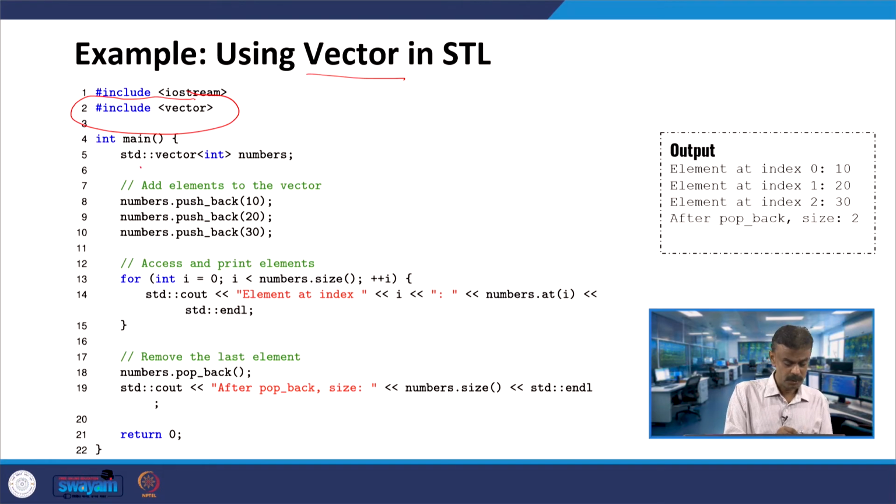In int main, vector is a class, here having integers, so a dynamic array of integers is the meaning. The name of the vector is numbers. What you are doing: numbers.push_back, first I will put 10. Again numbers is calling push_back, pushing another element 20.